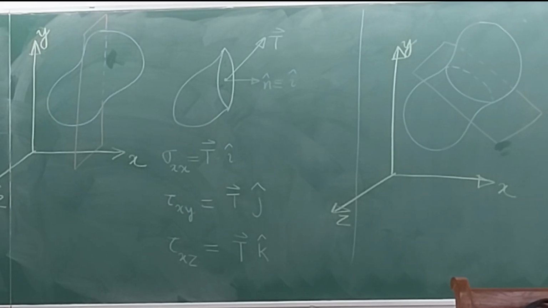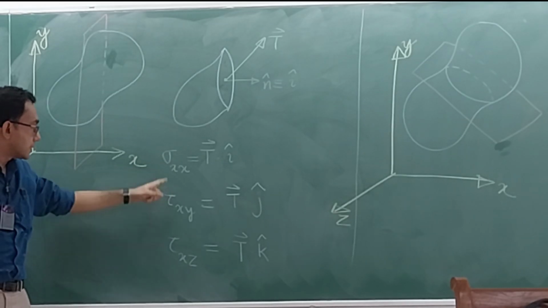So let us take our mind back to maybe BEM. You consider this diagram again. Everyone, please look at it. You consider this diagram again. We took a cutting plane which is parallel to the YZ plane. We exposed a surface which was perpendicular to the i hat, and we got these three components, sigma xx, tau